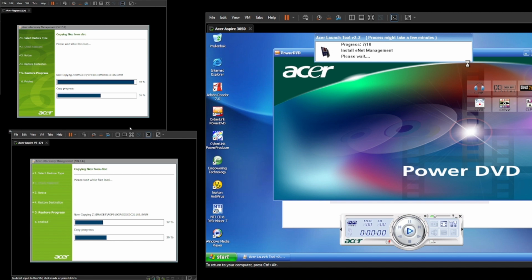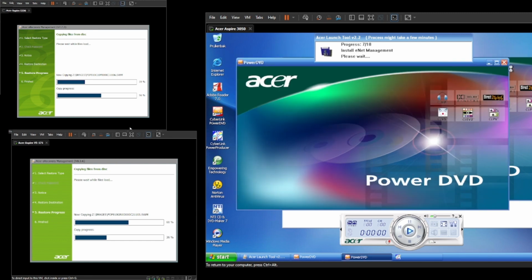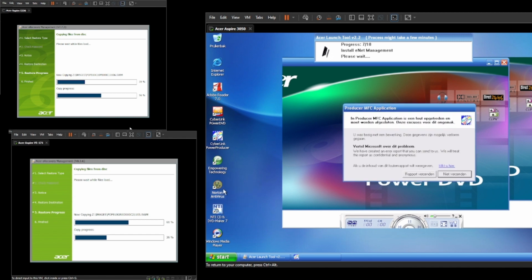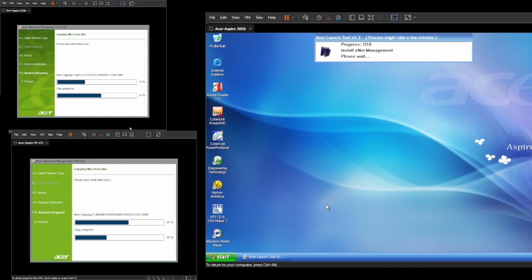And yep, here's the environment you've all been familiar with for a little while. NTI CD-DVD Maker 7 is on here. Norton Antivirus is actually installed already on the system rather than being provided on a separate CD. And then the Empowering Technologies